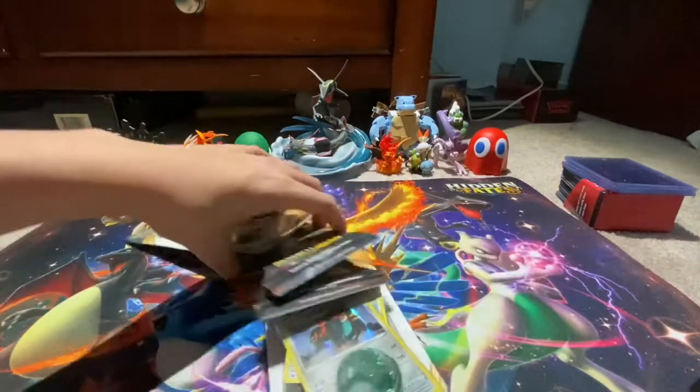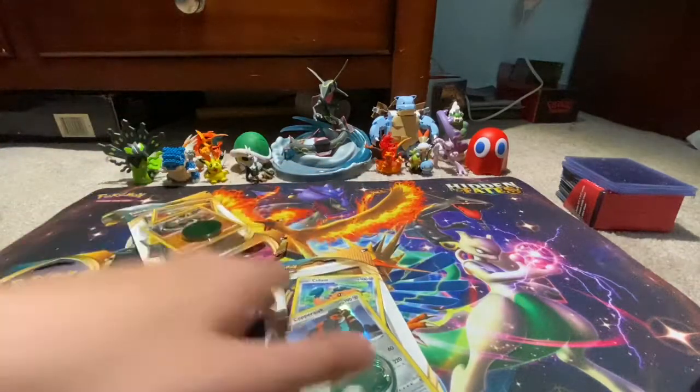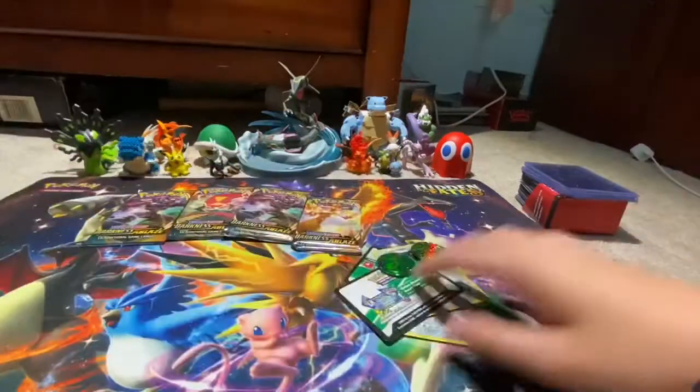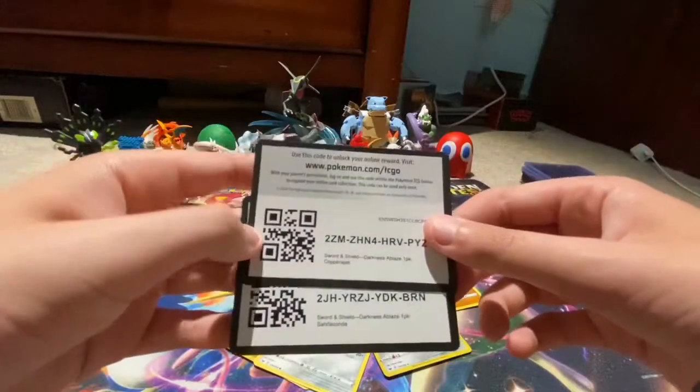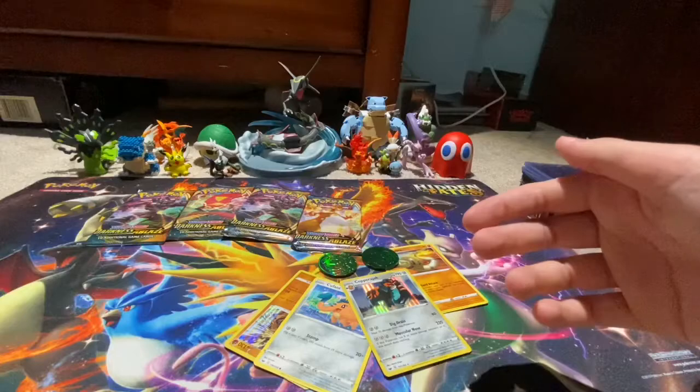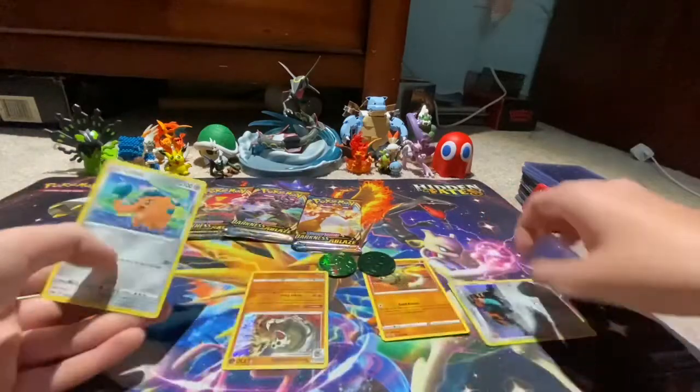Today we have 2 Darkness Ablaze packs and lane blisters. So let's get right into it. I'm gonna open these up. Here are the 2 codes. The same code, no. Then we have